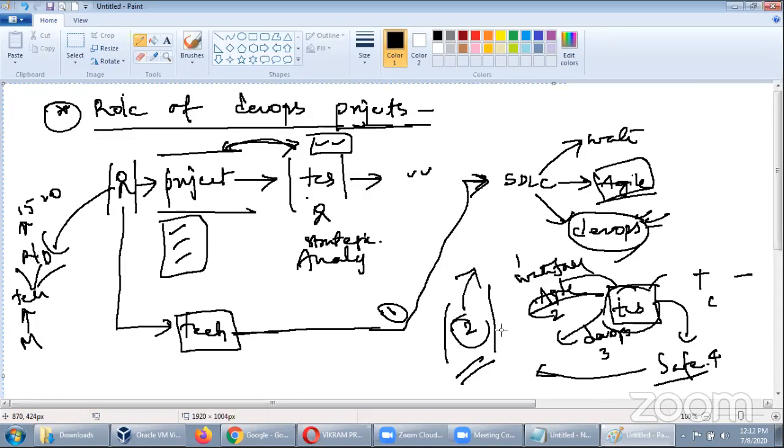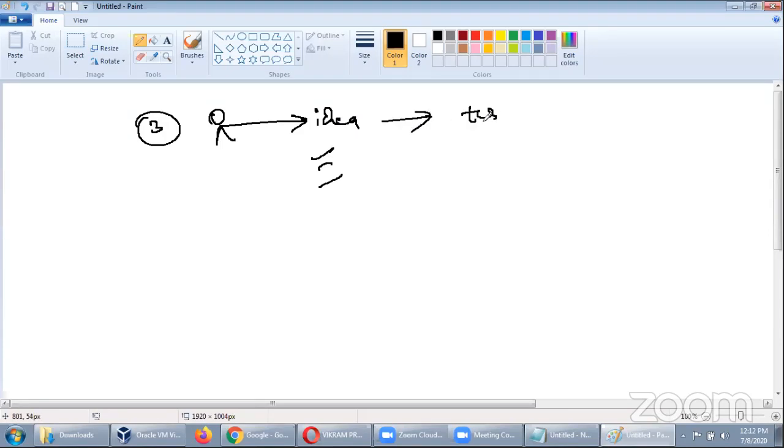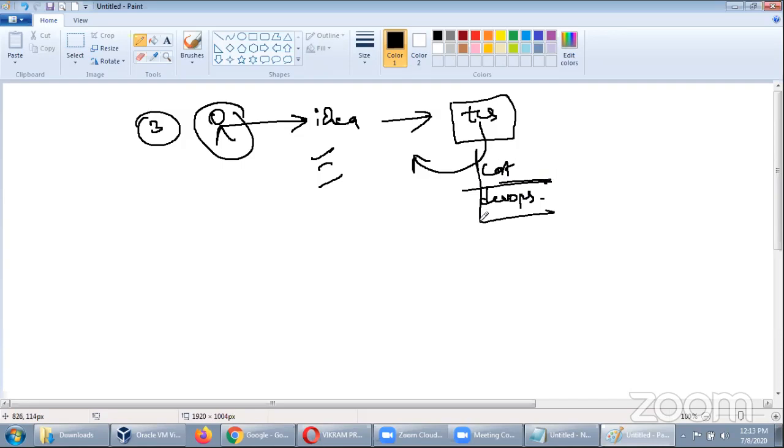And you'll have a third kind of situation where the client will have no idea. He just wants to get this done. That's it, so it's up to you now. TCS generally wants to make the customer happy by offering the project at a lower cost. When the customer does not have anything, they'll try to offer at a lower cost, they'll not make it very complex, they'll go with the easiest models. So that's what happens. So cost effective and DevOps. That is how things happen.